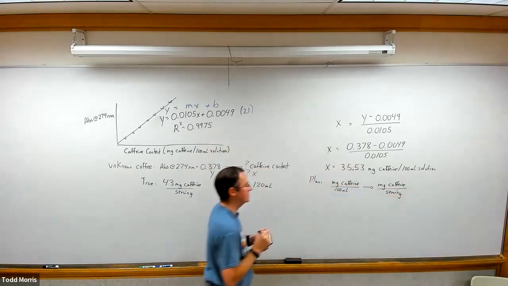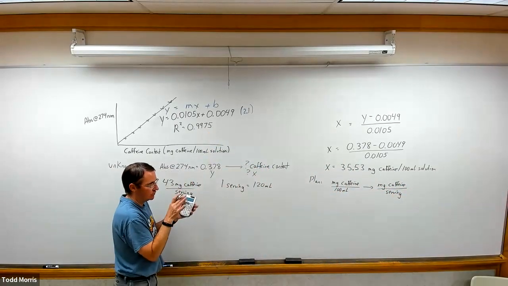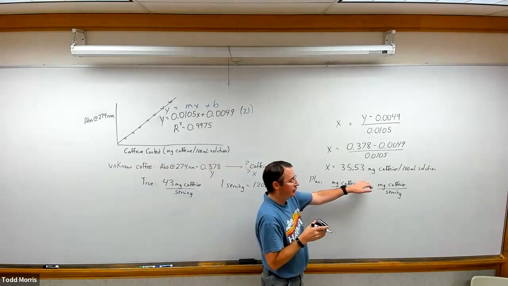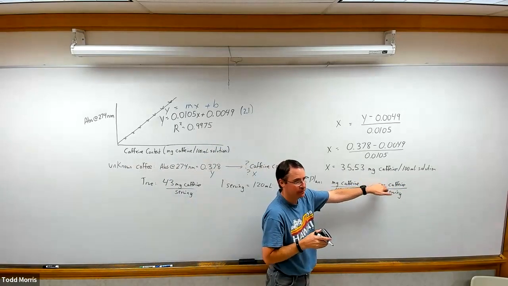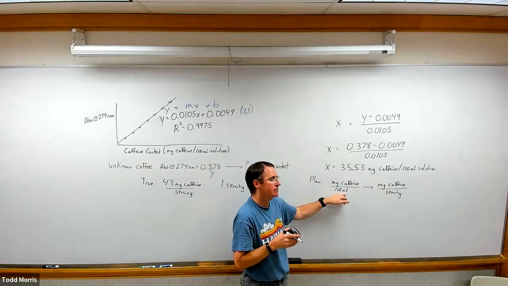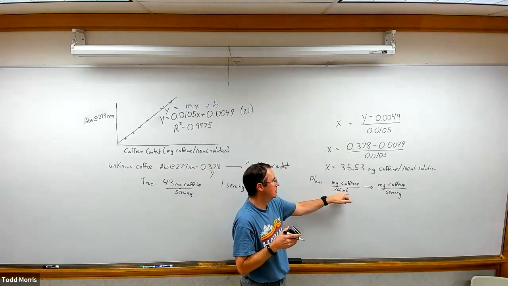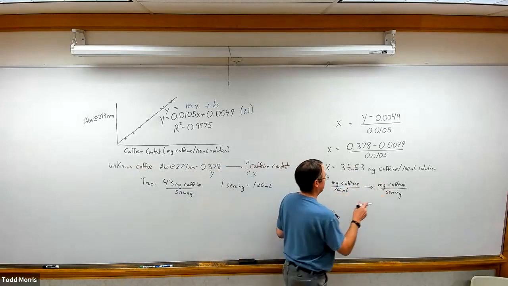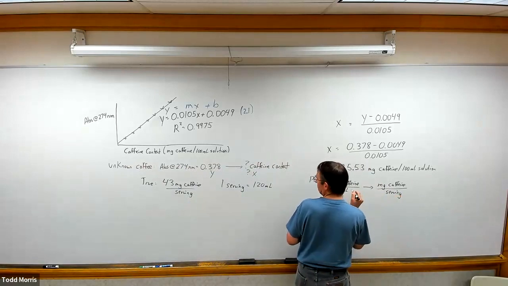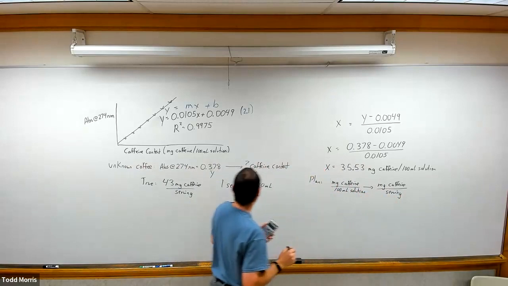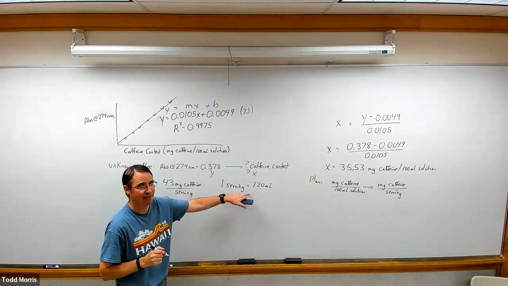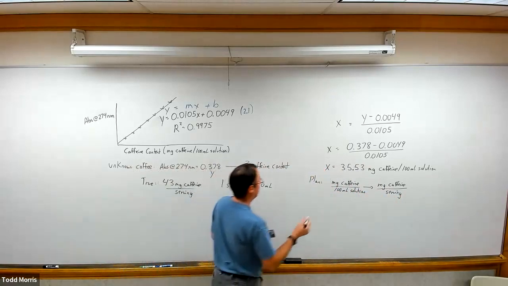Notice that the only thing we need to work on is the denominator. The numerator, milligrams caffeine, is perfect, but the denominator needs to convert from 100 milliliter solution to servings. I can do that because I know what a serving is, so I'll use this as my conversion factor, and we find then we have